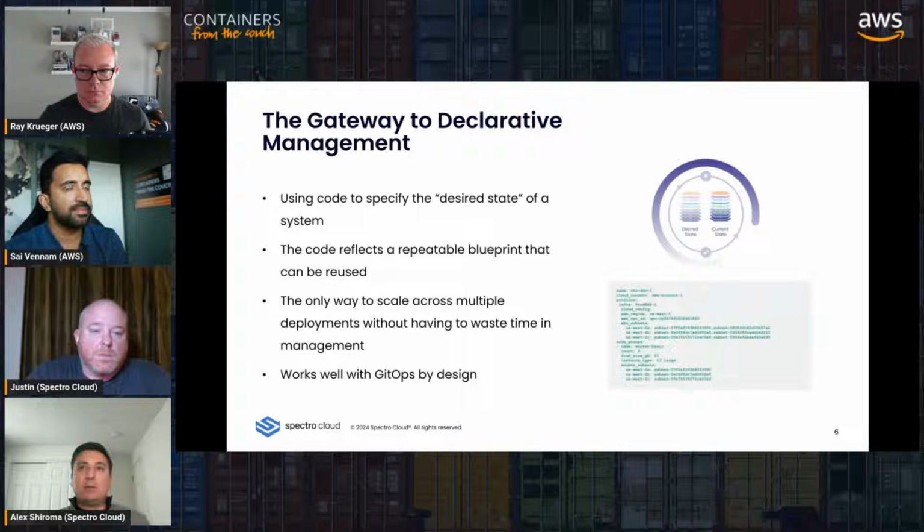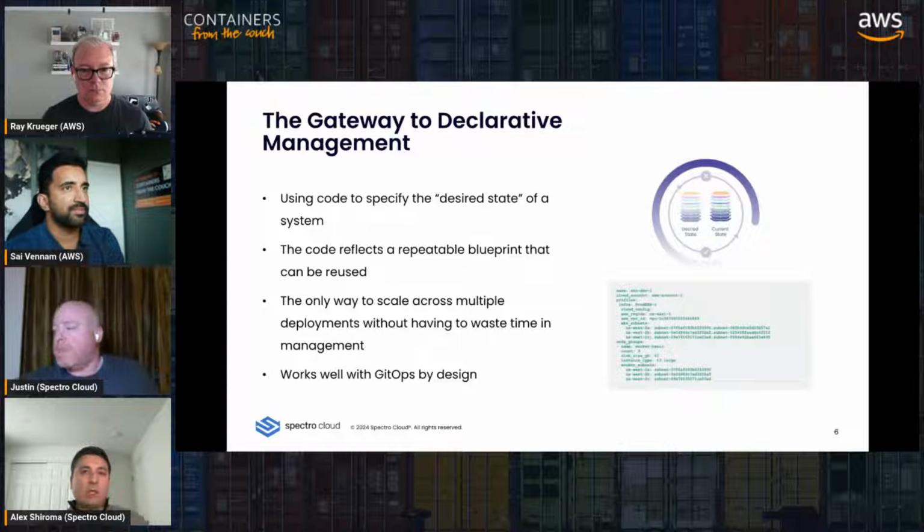So why wouldn't the life cycle of that infrastructure be defined and managed in the same way? And it's simple to read, it's intuitive, describes what the desired state should be, not how it should be. And it's very useful regardless of where you're going to deploy it. It just works over and over again.